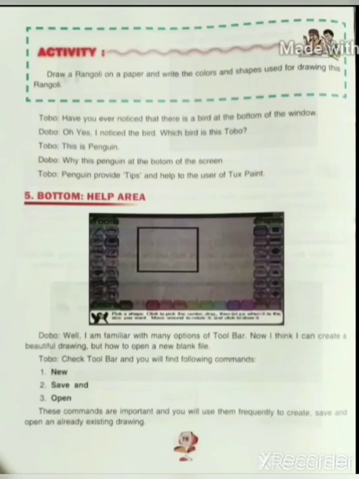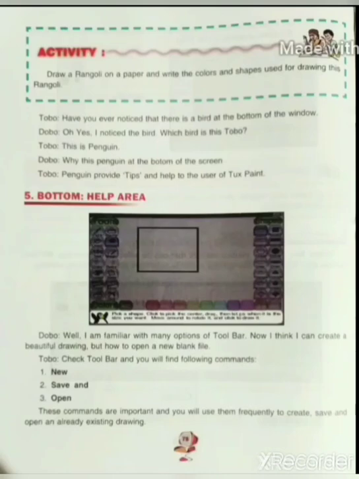Let's read it. Tobo: Well, I am familiar with many options of the toolbar. Now I think I can create a beautiful drawing, but how do I open a new blank file? Tobo: Check the toolbar and you will find the following commands. First one is new, second is save, and third is open.